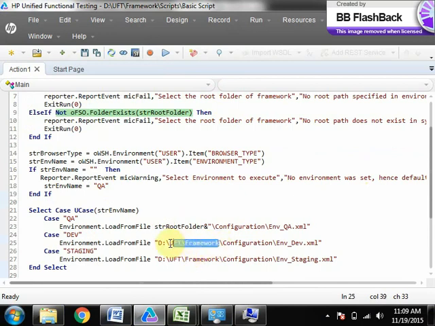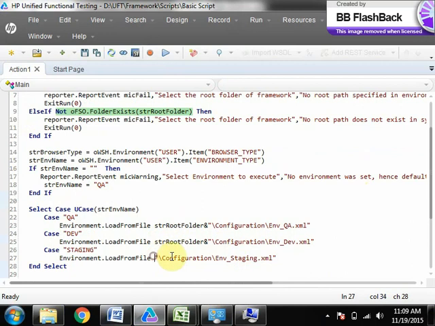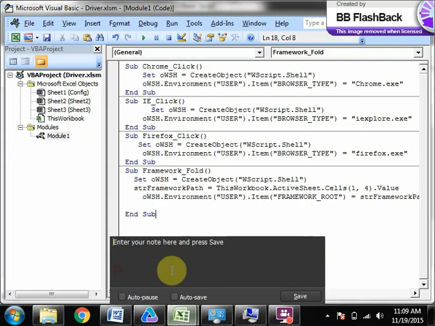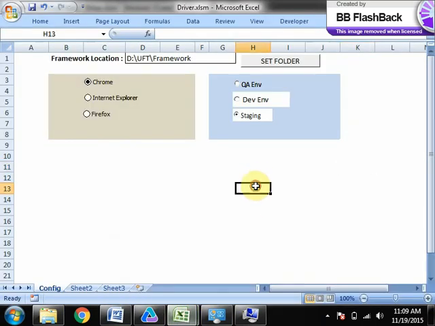instead of specifying this path everywhere, you can set up the path. So in case somebody wants to change the path, or if they have downloaded the framework into a different folder and all, then they can just change the path.